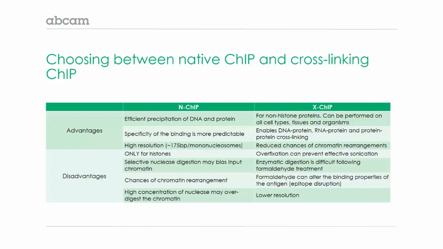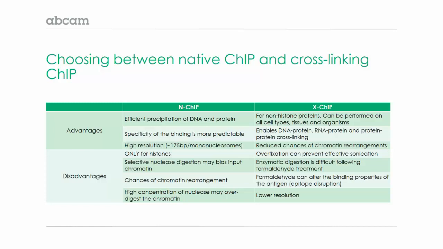As I mentioned earlier, there is native ChIP and cross-linking ChIP, and each has its own advantages and disadvantages. With native ChIP, you typically get more efficient precipitation of the DNA and protein, as well as greater specificity because the binding is more predictable. You also have higher resolution, as low as a single nucleosome, compared to 200 to 1,000 base pair fragments you